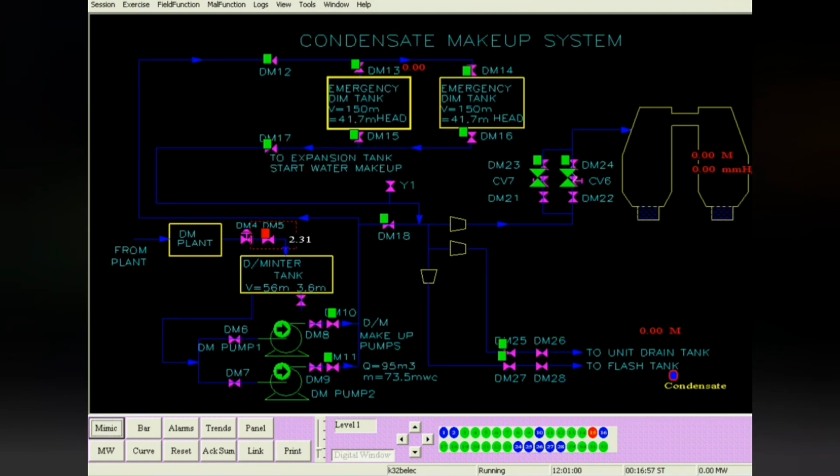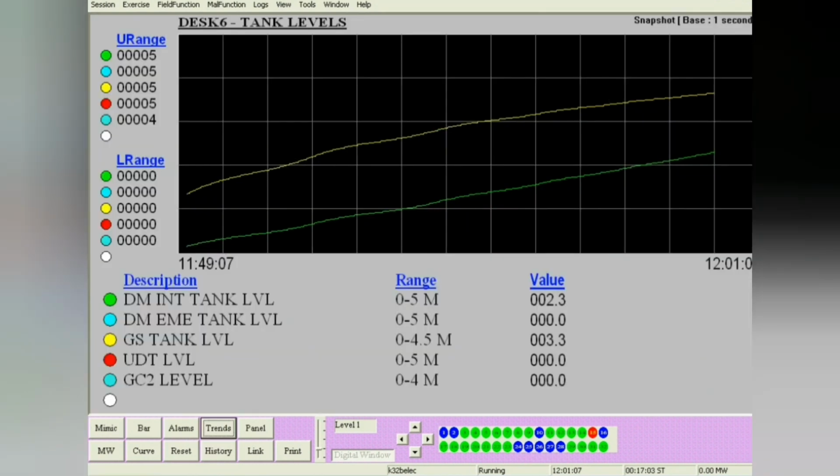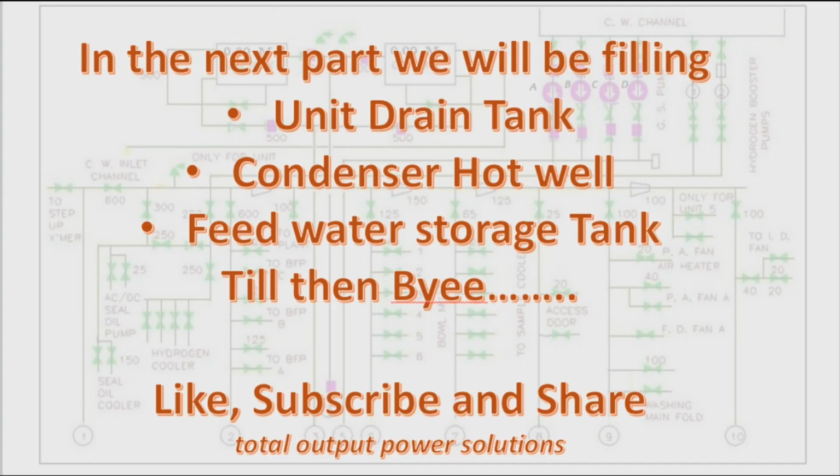if you have 3 GS pumps running, you can stop one of the GS pumps so that 2 GS pumps will be running, and you can maintain the level of around 3.5 in the GS tank, and the DM intermediate tank around 2.4, 2.5. So in the next part we will be filling the unit drain tank, the condenser hot well, the feed water storage tank,